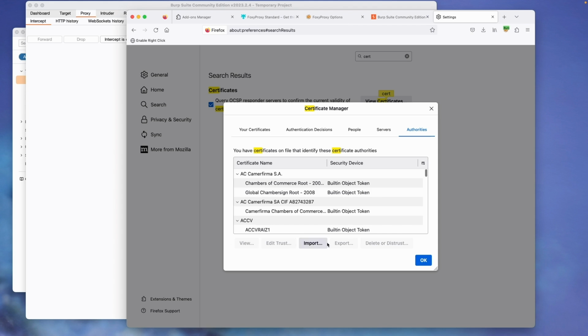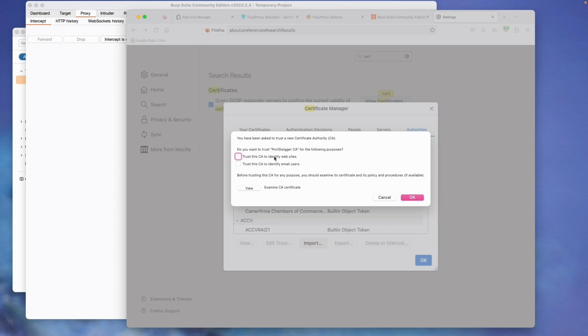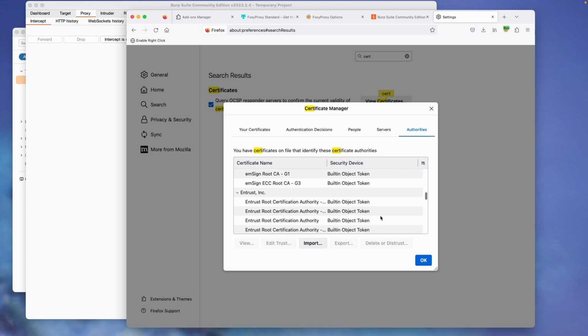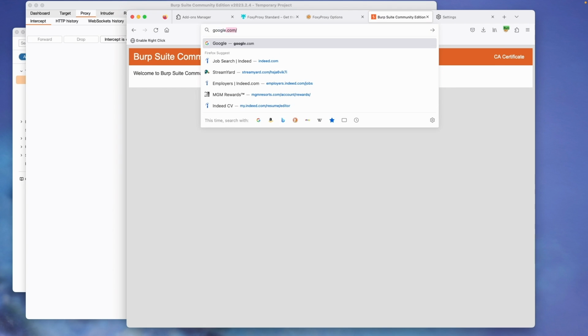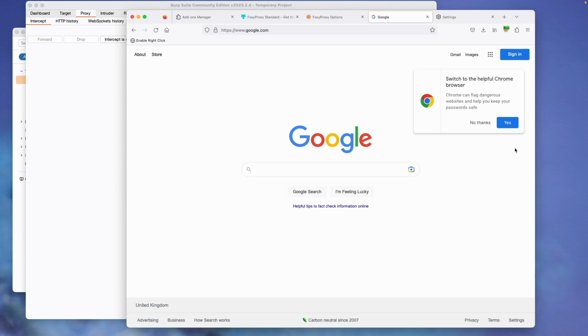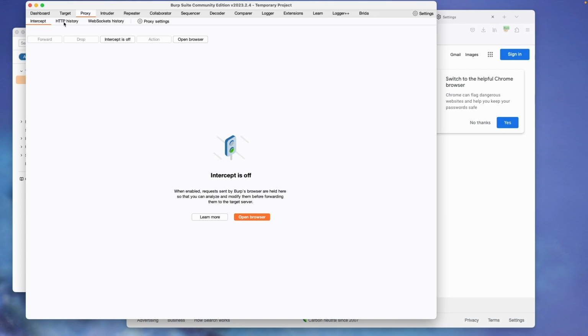So view certificates. Now you're going to press this button that says import, and then you're going to trust this CA, press OK, and then we shall see if we go back to trying to load up Google. Now it's working. So essentially all of our traffic is now going into Burp, and we can see this by